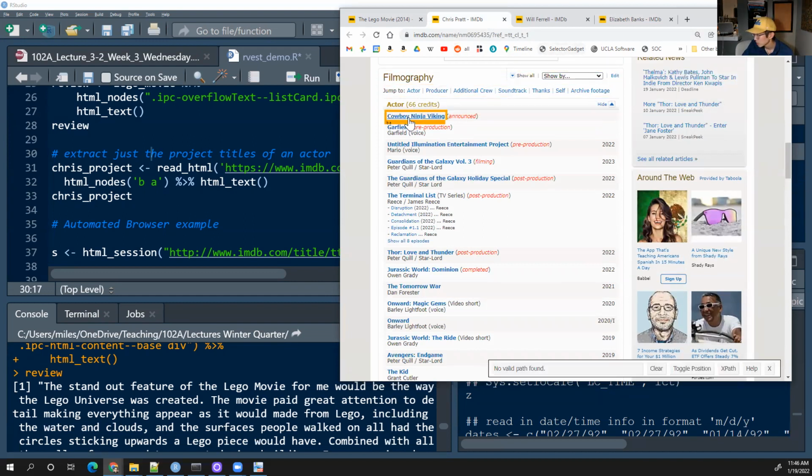I'm going to click and hover over the piece of information I want. I'm going to select Cowboy Ninja Viking. Apparently that's being produced here. And that highlights a whole bunch of stuff, a little bit too much. So I don't really want all of that. So I'm going to select something I don't want. I don't really want the